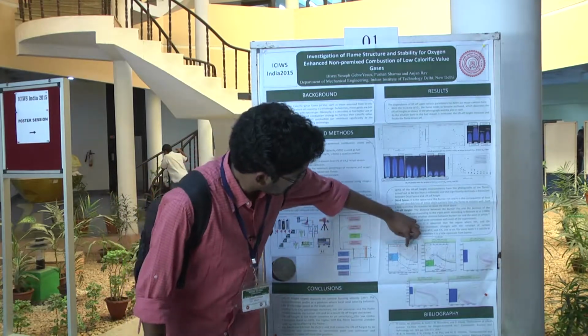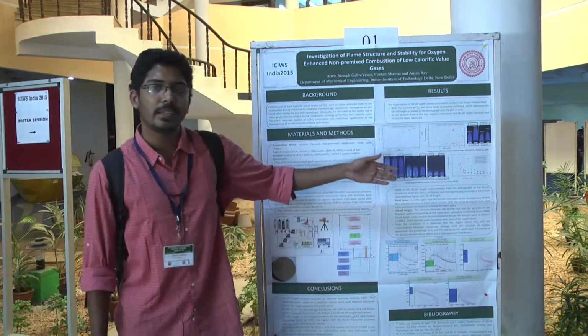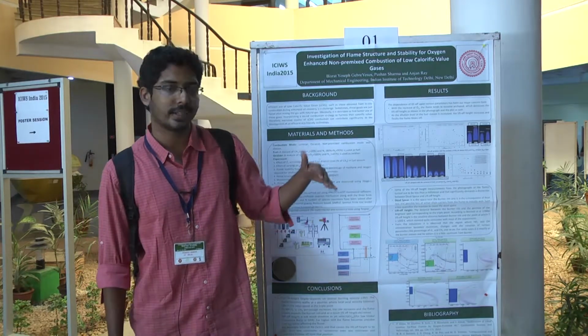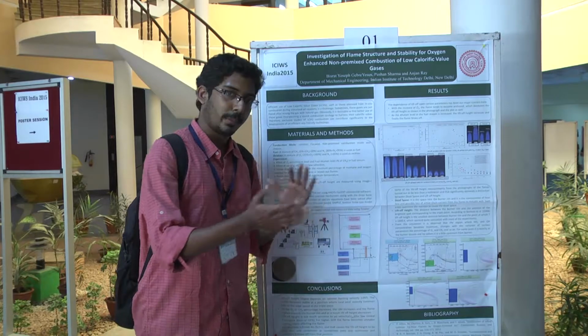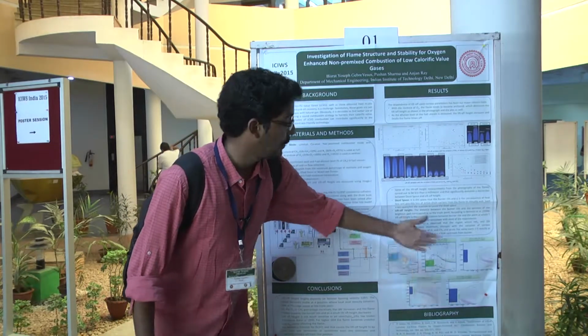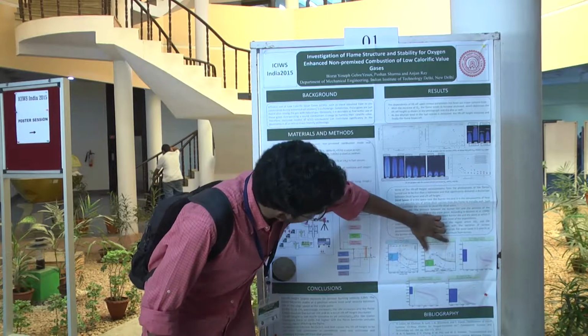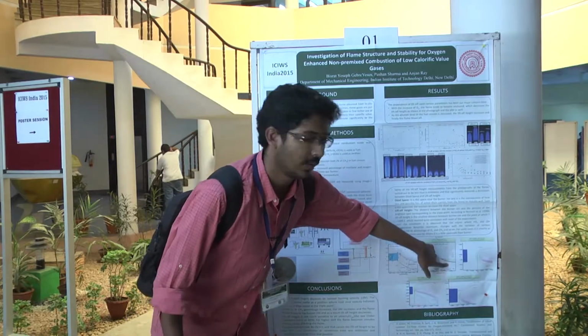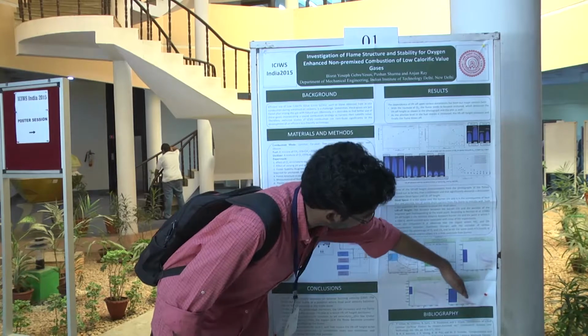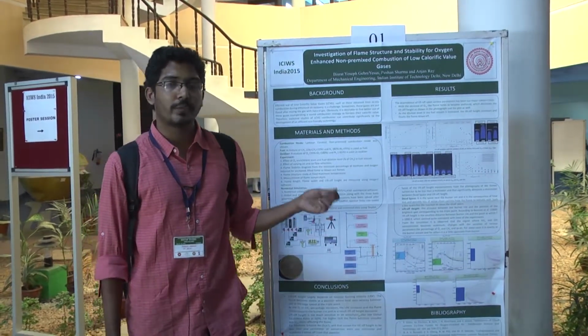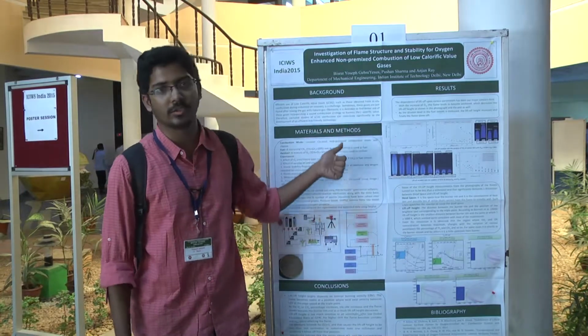According to Bennett, the T equals 1000 Kelvin line is the lift off height parameter that he is taking. When I compare with the HO2 data, it is almost matching. Like if you can see here, the HO2 concentration is higher at this position, and the 1000 Kelvin line is also going around this, and the other values also show that. So T equals 1000 Kelvin can be a good parameter for measuring lift off height in this region.